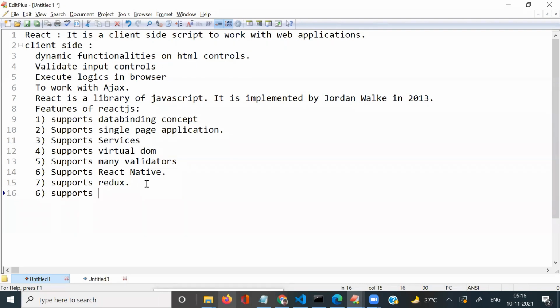Supports filters. Filters we are using to change the format of data. React provides different types of filters. If you want to change data from one format to another format, we use filters here. We can convert a string format into special characters,